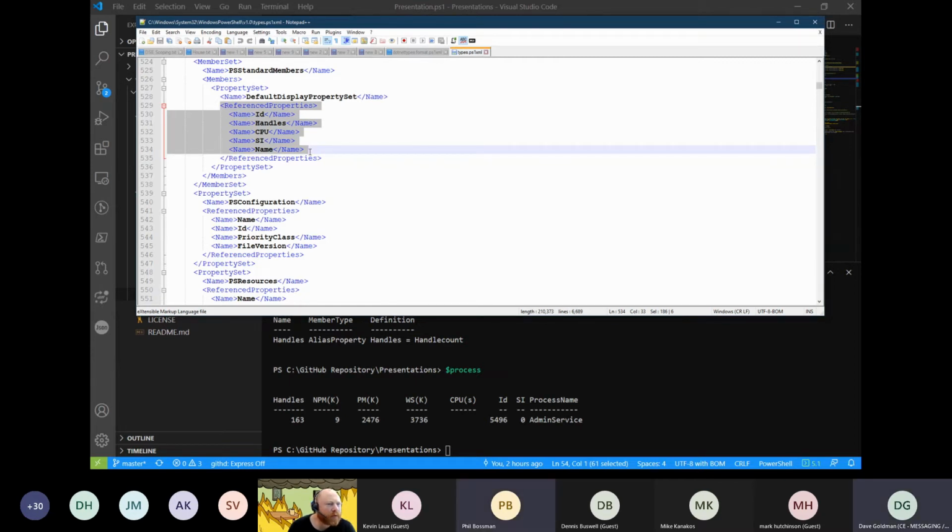So you have a multi-tiered approach. You can create a view, but you can also say, I want a display set. And I'm going to also show this to you in how it works, and you can do this on your screen along with me, so you can actually see it work.